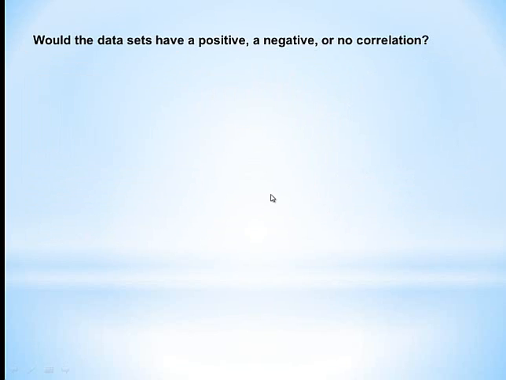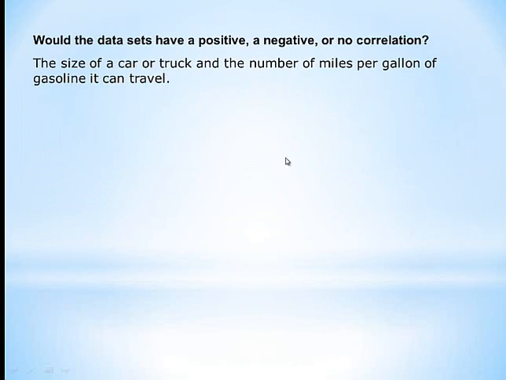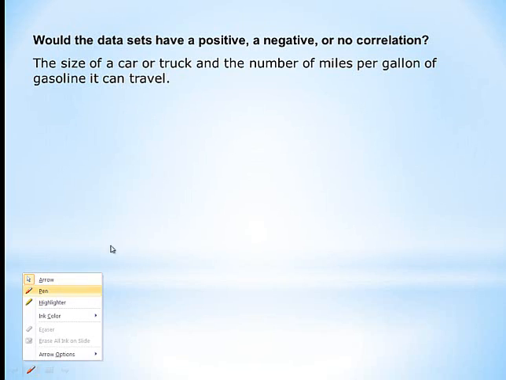Okay, so let's try and think about some answers for a positive, negative, or no correlation. Let's say that I have the size of a car or truck and the number of miles per gallon of gasoline it can travel. If you were going to plot that, for example, this would be the size of a car. A small car is going to have a smaller gallon, so it's going to be able to drive less miles. So if you think about this in a graph type problem,